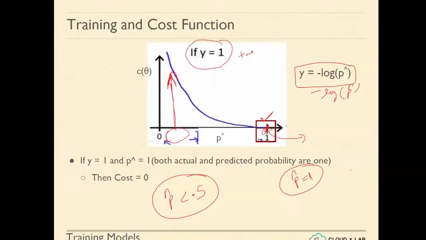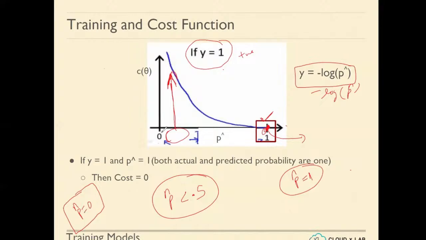And let's say p hat is 0. Here I am discussing extreme cases, right? If p hat is 0, it means with 100% confidence the model is saying the class is negative,